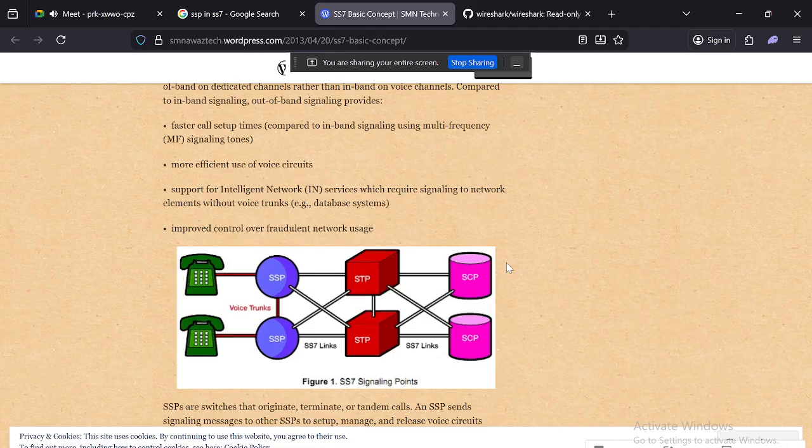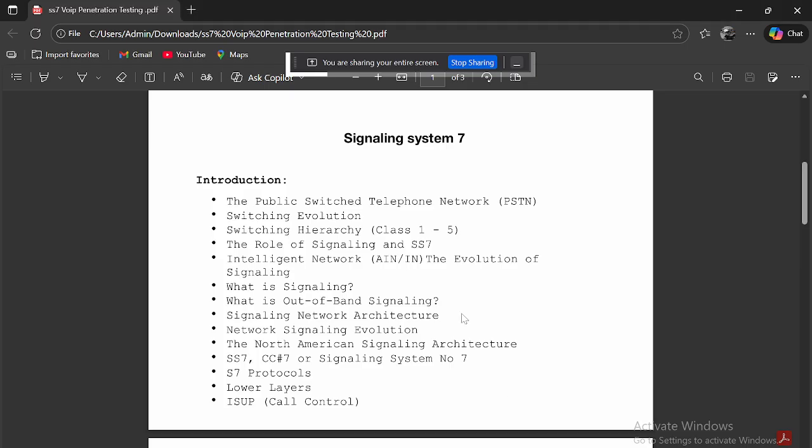So now what we would like to do is come back here. Network signaling evolution.